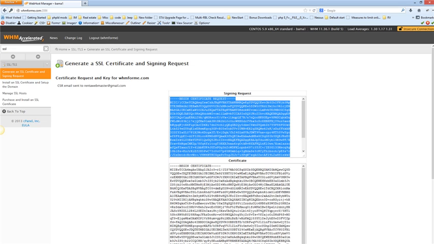You'll always use the cPanel. They actually have a drop down for the web server you're using. It'll say Apache, Plesk, and a few more, and cPanel's in there, and that's what you'll choose. You'll paste this, finish that process,